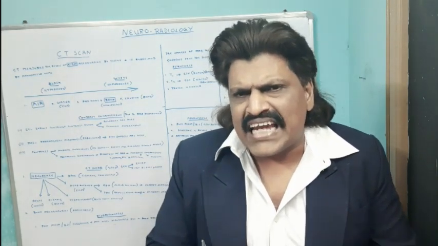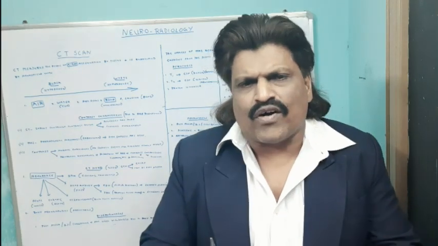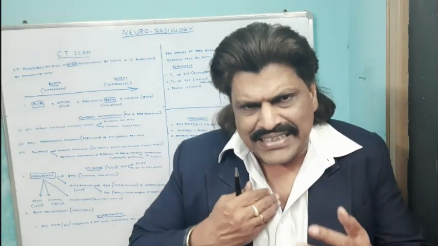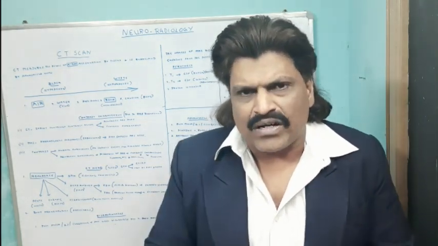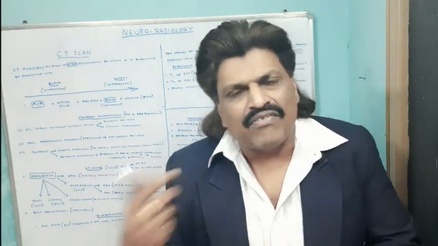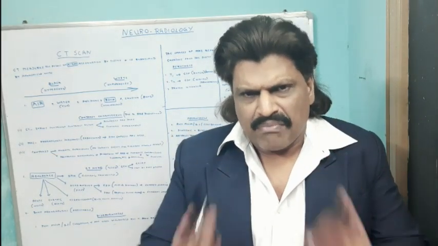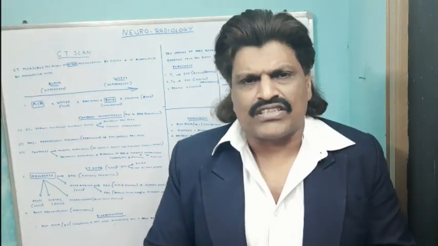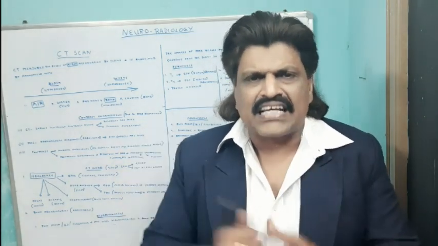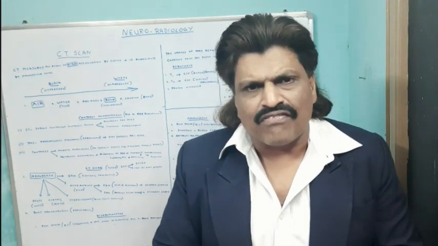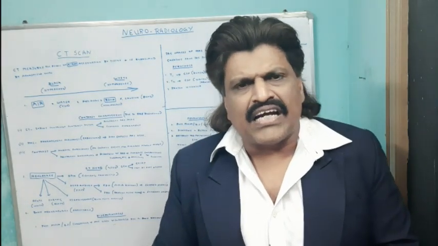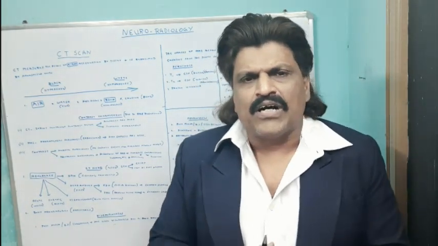So CT scan is the investigation of choice for hemorrhage, especially head injury when we need to take CT scan fast, or subarachnoid hemorrhage where the blood in the brain is visualized better in CT than even MRI. So for blood hemorrhage, CT scan is the investigation of choice. For bony abnormalities, fracture where there is calcium, CT scan is the investigation of choice. Right. We need to understand a very important concept,